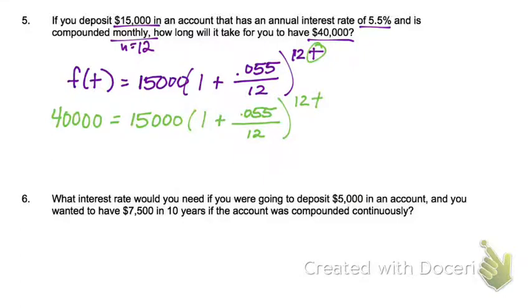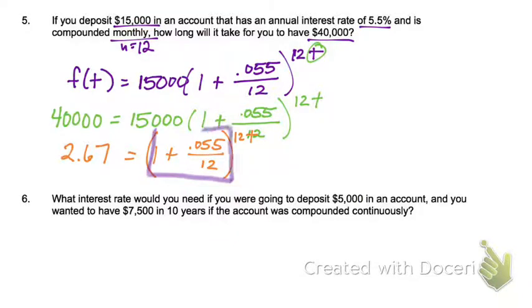Now we're going to solve it kind of like we did in the last examples. I'm going to divide by 15,000 first. So you end up getting 2.67 equals (1 plus 0.055 over 12) to the 12t. I'm going to go ahead and work this out in the parentheses and get a decimal. So if you plug that into your calculator, you end up getting 2.67 equals 1.00458